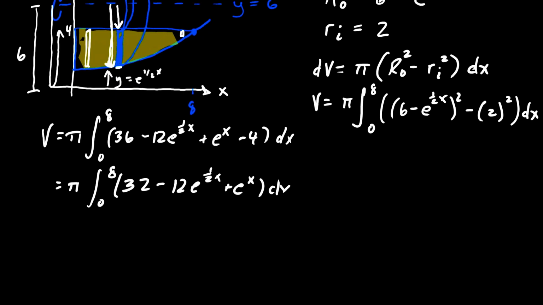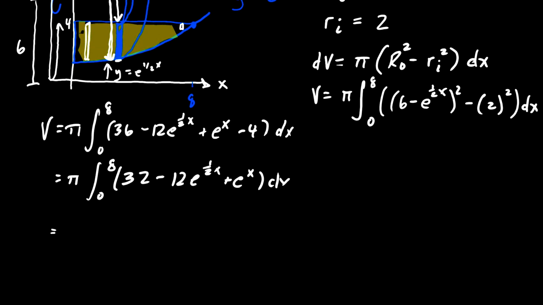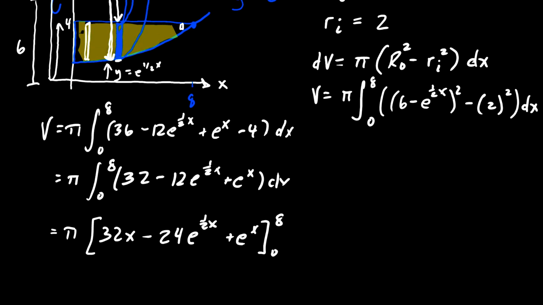And if we want to continue doing this by hand, we would end up with pi times 32x, integrating 12e to the 1/2 x. It's still e to the 1/2 x, but we're going to have to divide by that 1/2, the idea of the u substitution or the idea of the chain rule. We'd have 24e to the 1/2 x, and the integral of e to the x, everybody's favorite, e to the x. And we'll evaluate that from 0 to 8, and in doing so, you end up with